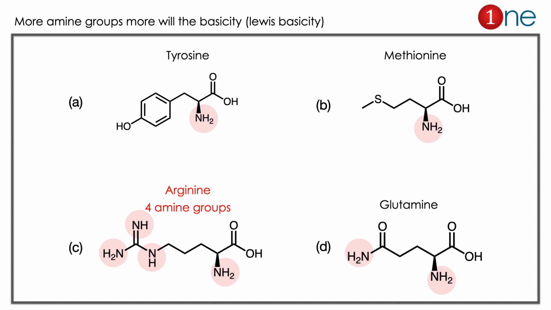So if you look at the combination, C can donate effectively, so it will be considered a Lewis base, so it is a strong base there. So the answer is clearly C there. Here the concepts you have to learn are that the more amino groups there are, the more the basicity. Basically it is the Lewis basicity. The second thing is you have to know how to draw and know the structure of amino acids.